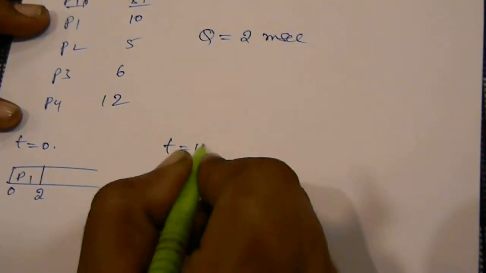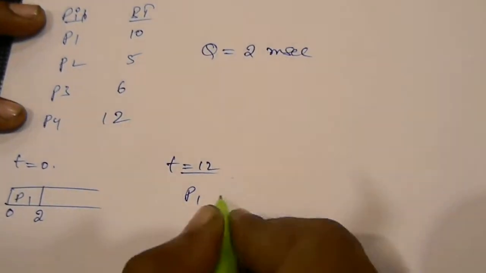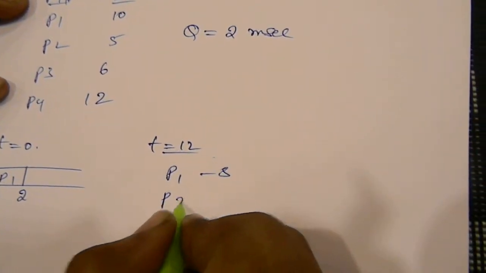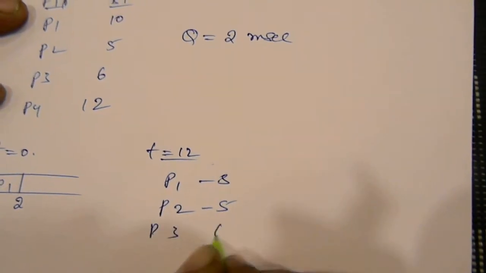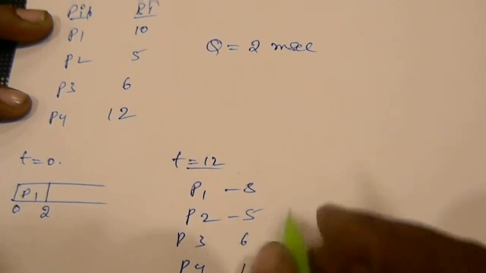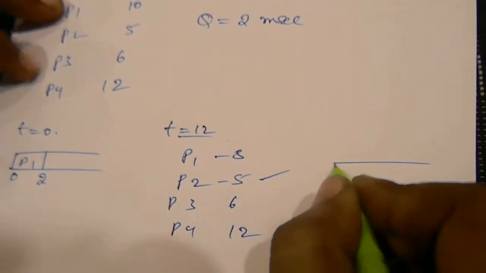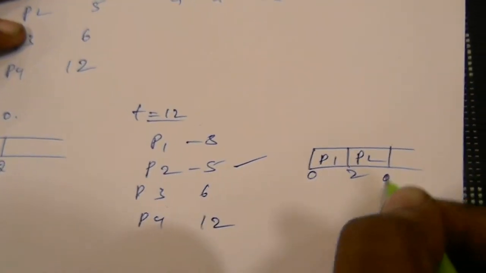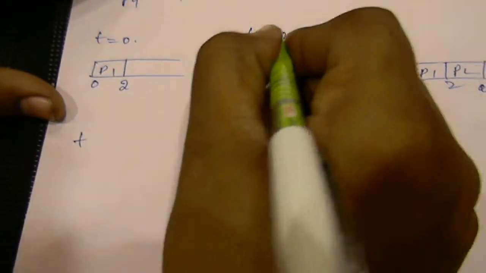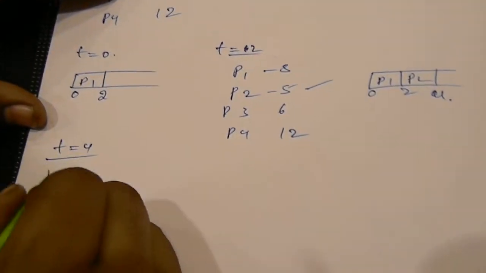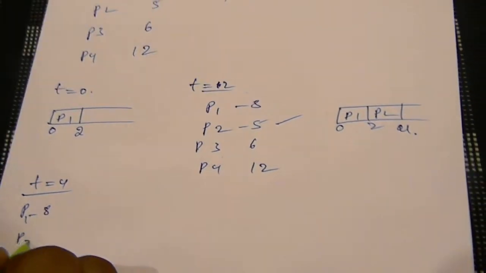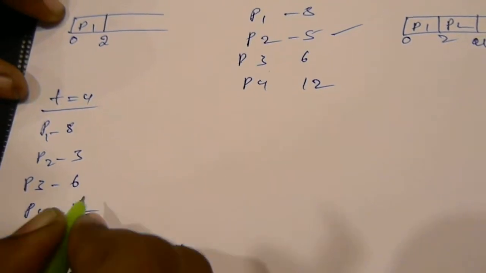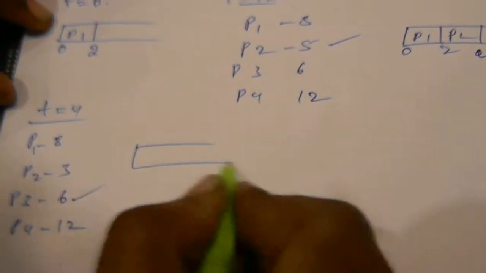Now at t equals 2, the processes have P1 8 milliseconds, P2 5 milliseconds, P3 6 milliseconds, P4 12 milliseconds. Now P2 will execute, means P1, P2, 0, 2, 4. Now at t equals 4 milliseconds, P1 with 8 milliseconds, P2 with 3 milliseconds, P3 with 6 milliseconds, P4 with 12 milliseconds. Now P3 will execute